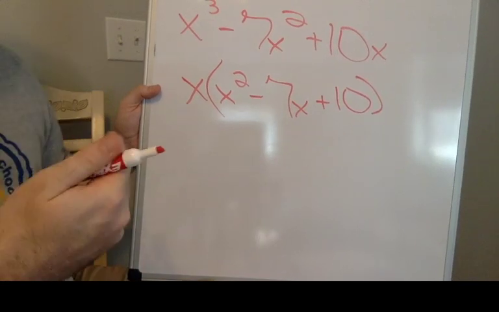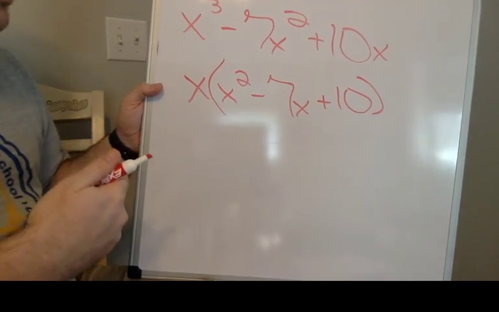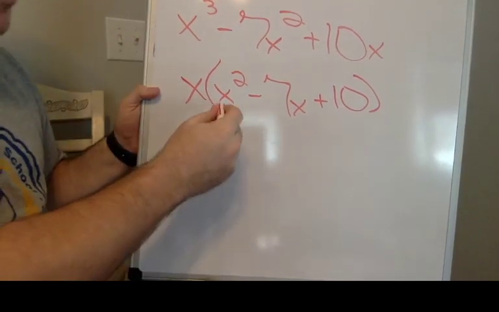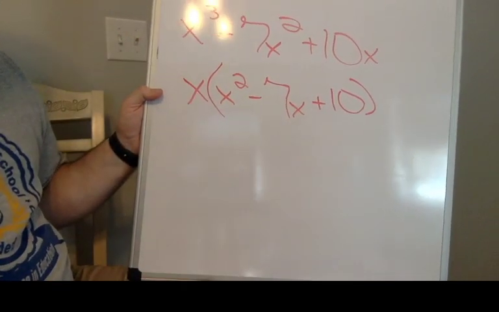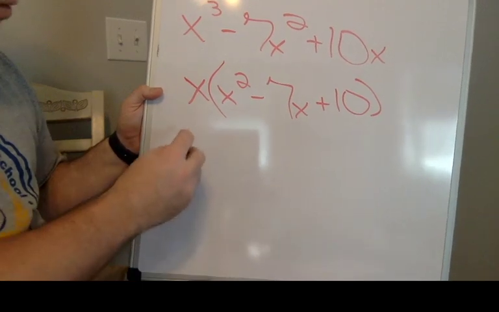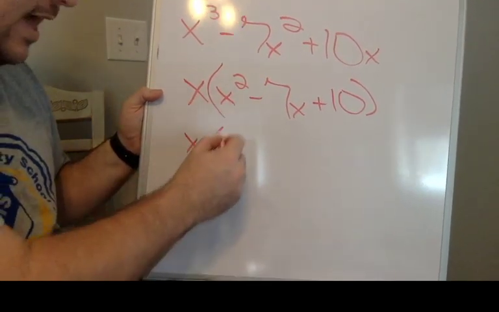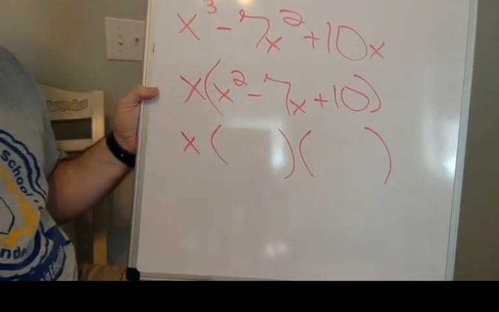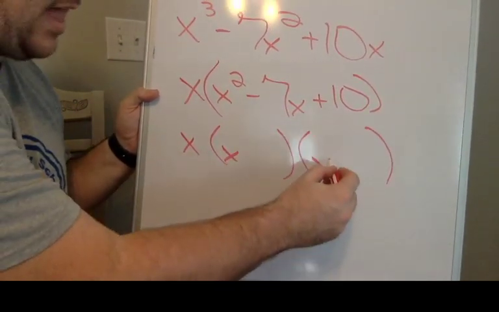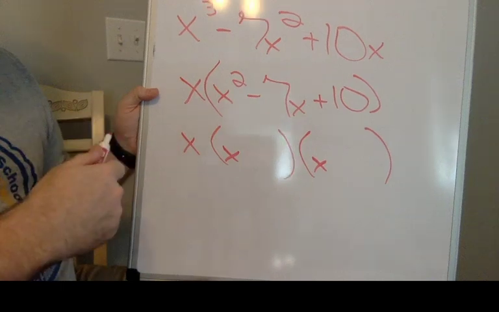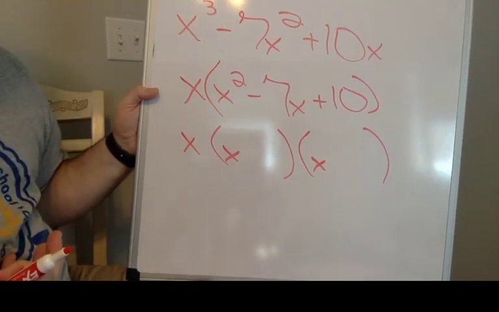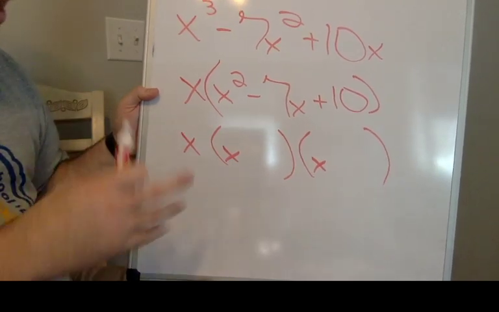That gets it in a more simplified form, and then you can work with it a little more, because now we see we have a quadratic expression here in the parentheses. And with quadratics, we know we can break that down into those two binomials. So now it goes back to the last unit and the last thing on quadratics that we did with factoring quadratics. So now we're going to bring that into these polynomial equations and polynomial functions.